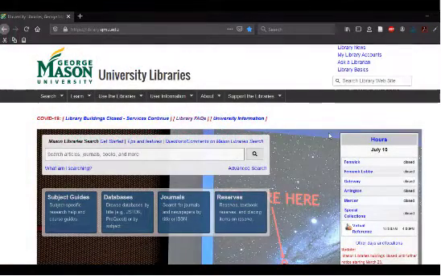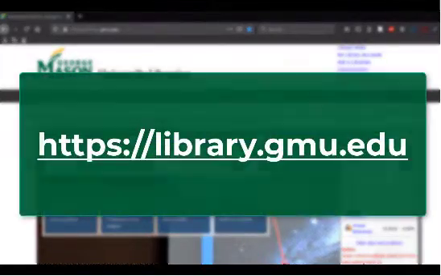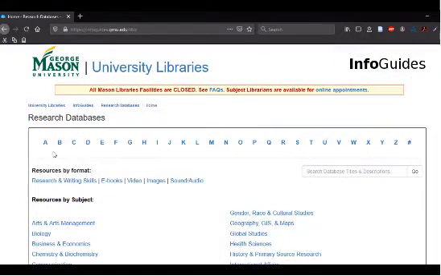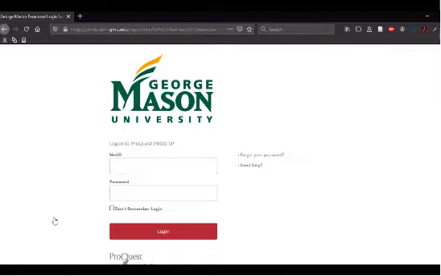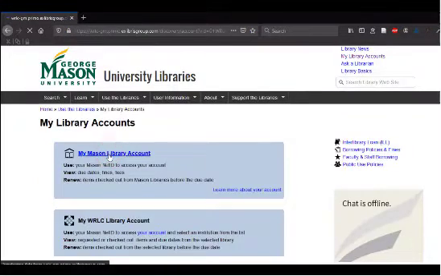In order to access the database ProQuest Central, start at the Mason Library's homepage. Select the blue Databases button. Either browse alphabetically for ProQuest Central or use the search box. Select ProQuest Central. You should be prompted to sign in with the same NetID and password that you use for Blackboard. If you do not see the login screen, sign into your Mason Library account using the link on the